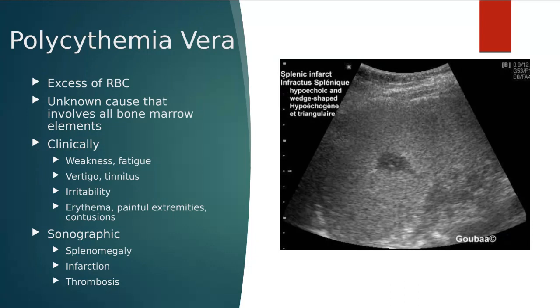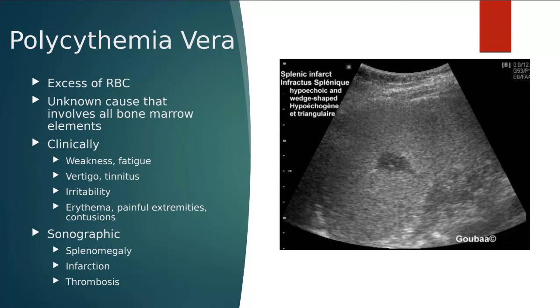Next, we have polycythemia vera. This is when we have too many red blood cells. There's an unknown cause with this that involves all bone marrow elements. Our bone marrow, a very primitive structure, is responsible for the production of our red blood cells as well. So that's why we're still looking at the spleen, even though there's something wrong with the bone marrow